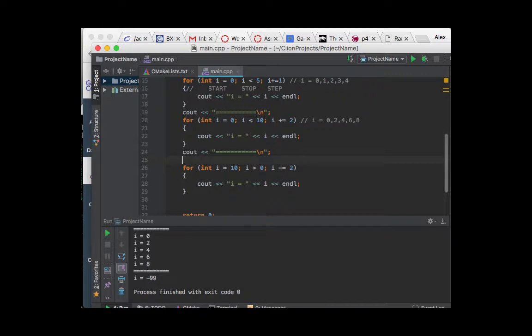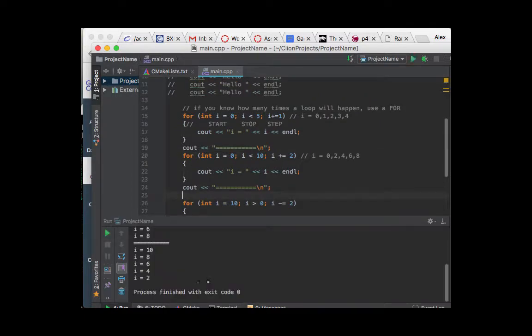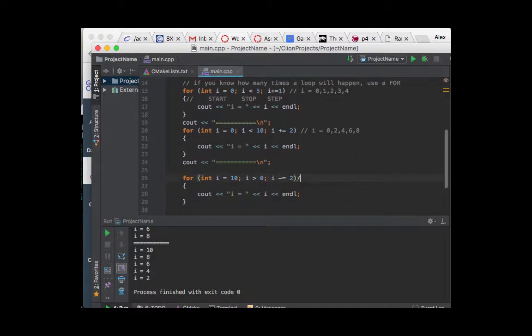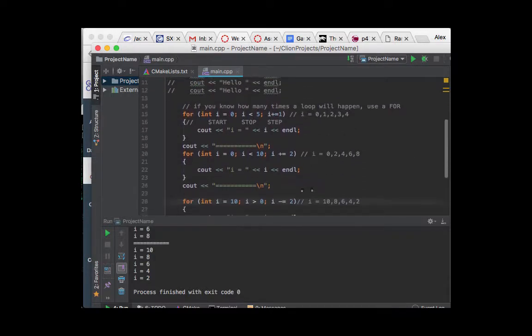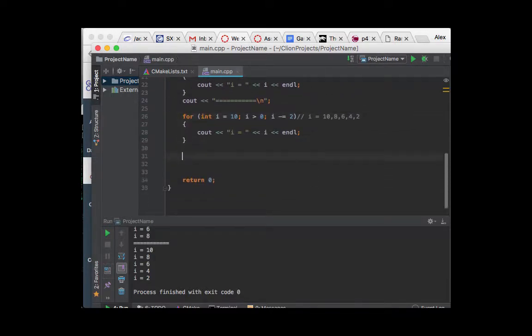So these are for loops. Let me run it again. Make sure it works. There you go. So you can go forward, you can change by how much it jumps, and you can go backwards also. So this is I equal to 10, 8, 6, 4, 2. Okay. So now, besides that, by the way, I can have a for loop